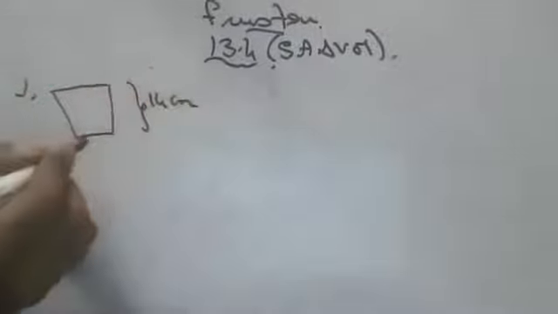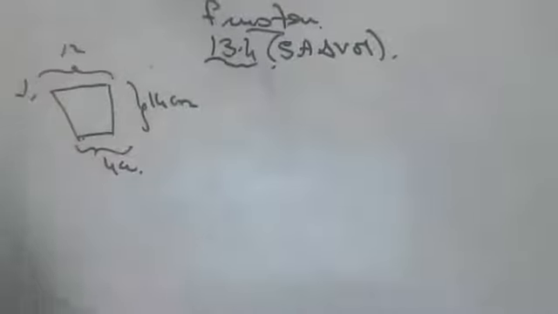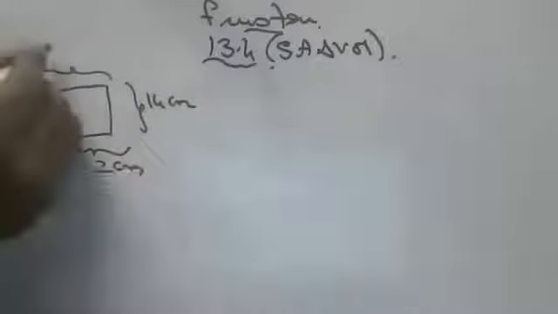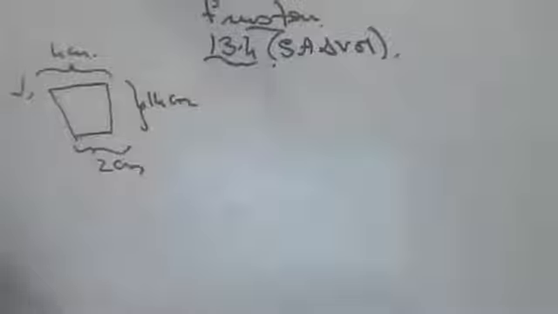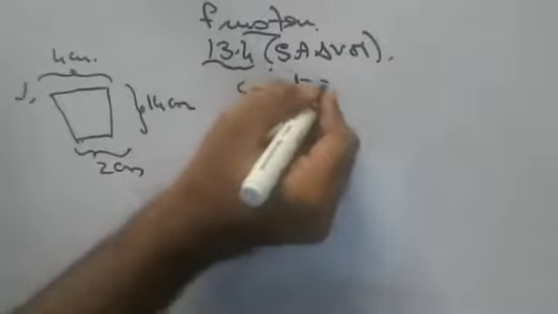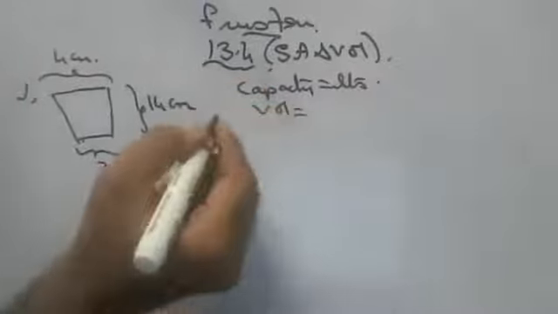Height 14 centimeters. The diameters of the two circular ends are 4 and 12. So this is 2 centimeters, and this is 4 centimeters. The question is: find the capacity of the glass. Whenever they say capacity, the answer should always be in liters. Volume means no problem, cc or whatever it is, no problem.